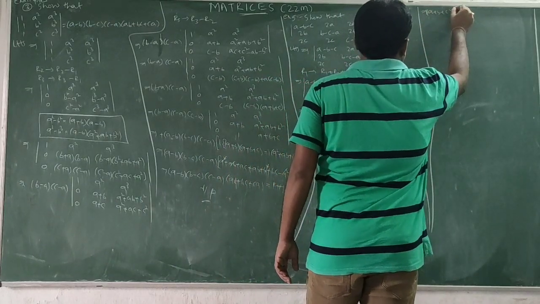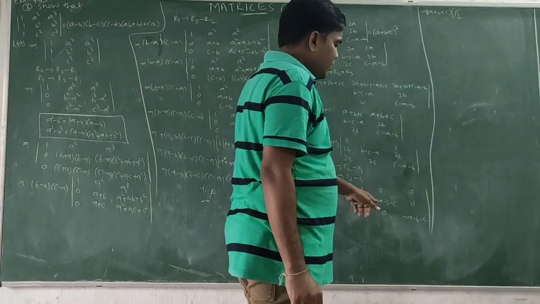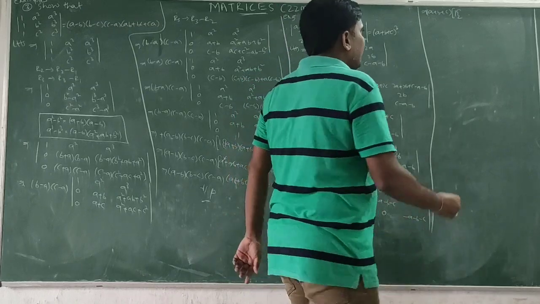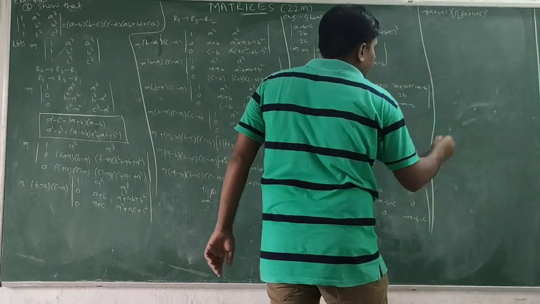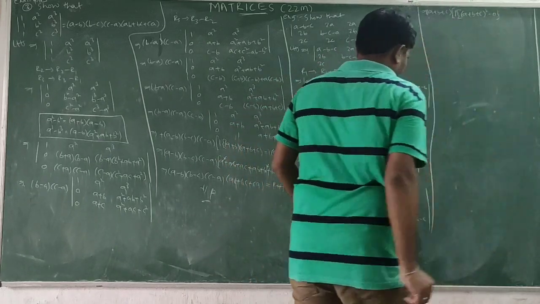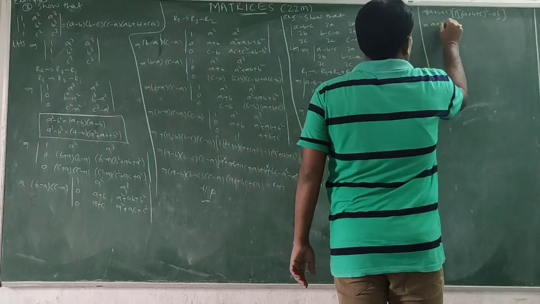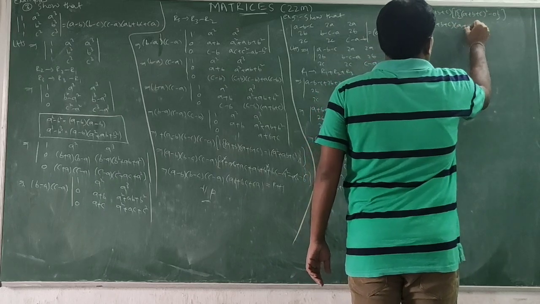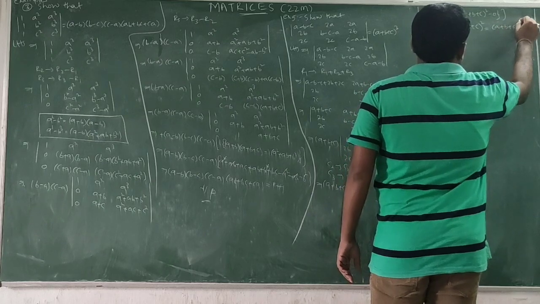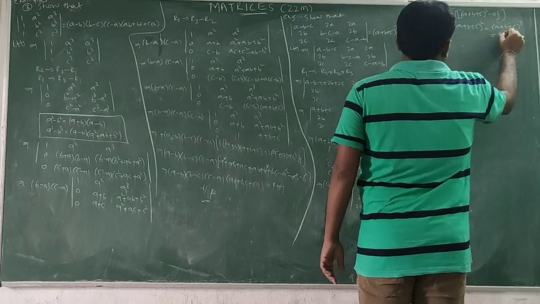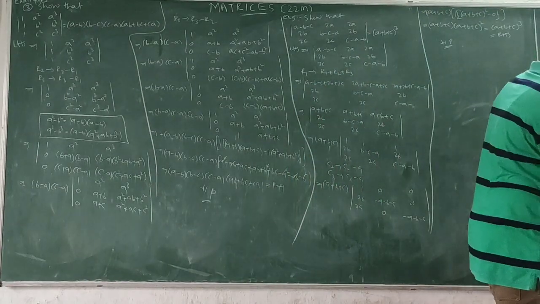So the direct determinant I want to find: 1 into minus common, minus of A plus B plus C, minus of A plus B plus C, minus into minus plus, A plus B plus C whole square, minus 0. So this is 0, this is 0, we can't get anything. So A plus B plus C into A plus B plus C whole square, so equal to A plus B plus C whole cube. This is RHS and it is true. Next question, 7th.